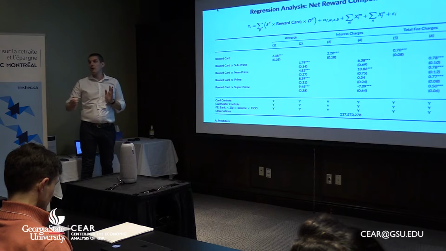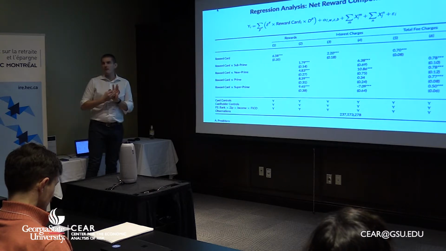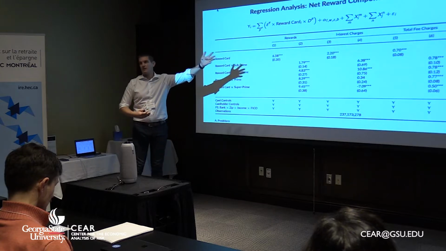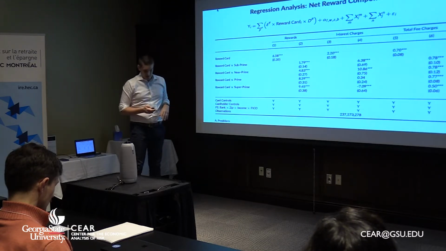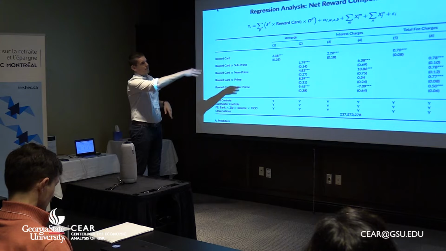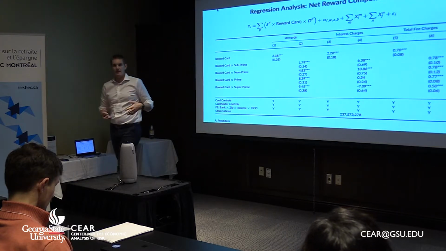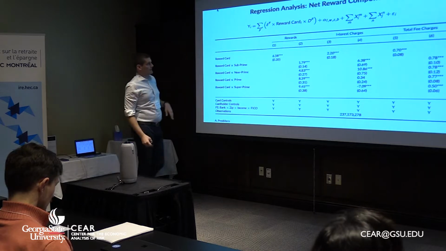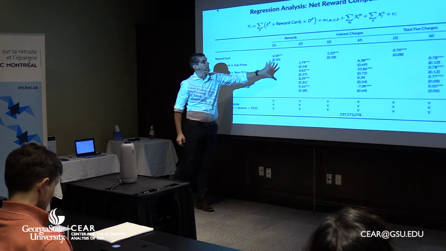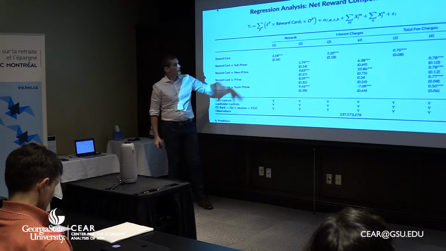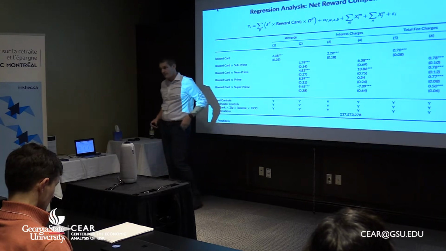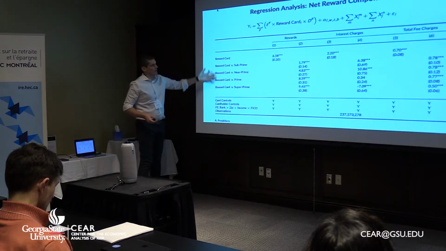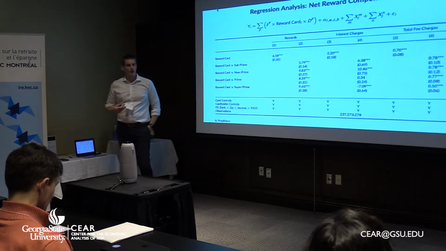Then we look at the components. So we can split our net rewards into the gross rewards, interest charges, and total fee charges. As I said before, total fees are economically irrelevant. They're very small and there is very little variation across the FICO distribution. What is interesting is looking at rewards and interest charges. Rewards clearly are increasing in FICO score. So basically, the more you move along the FICO score, the more people tend to spend.